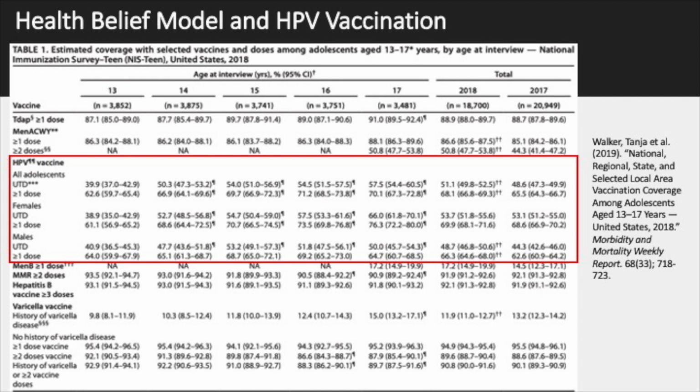So the vaccination rate may be higher among females if we're just thinking from an individualistic standpoint, it is going to benefit those females directly, and not necessarily the case for males, though there is some evidence that there are other cancers that may be caused by HPV in males, but we're not going to go down that road right now. But we do see that for females in 2018, the vaccination rate was 53.7%, and for males it was 48.7%. So the gap is closing, but there is a slight difference there still.